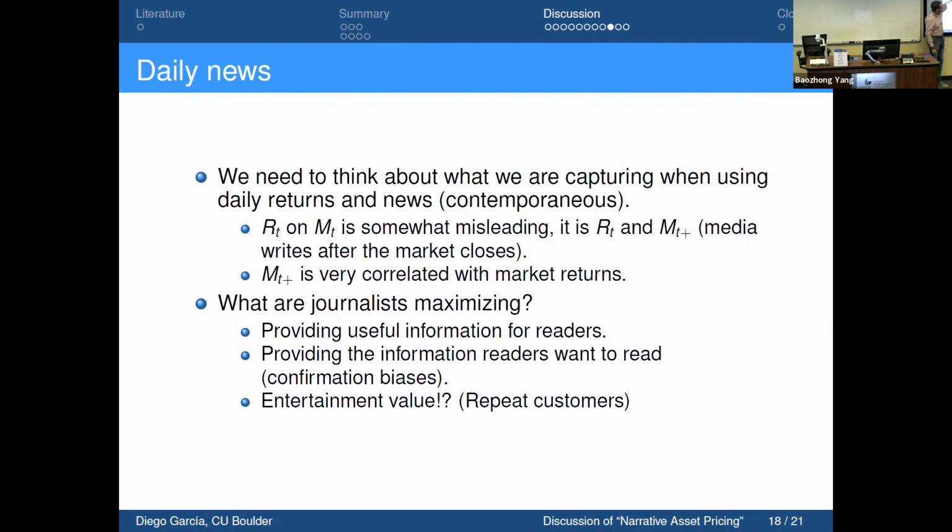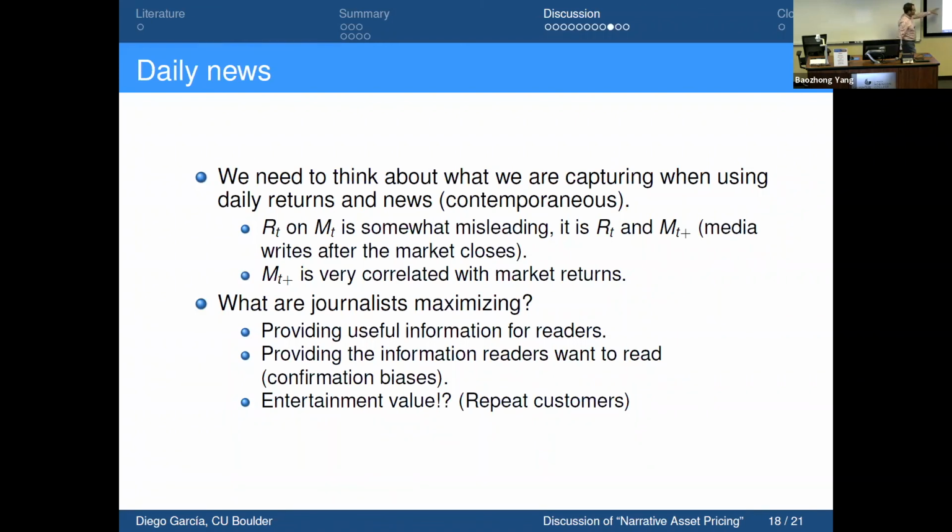When I was in grad school, you never regress. You have to have some F_T measurability, right? Is media a function of returns, or are returns a function of media? Now you can say that happens on the same day, but we're just trying to get a topic, that's totally fine, but it's a little bit dissonant.